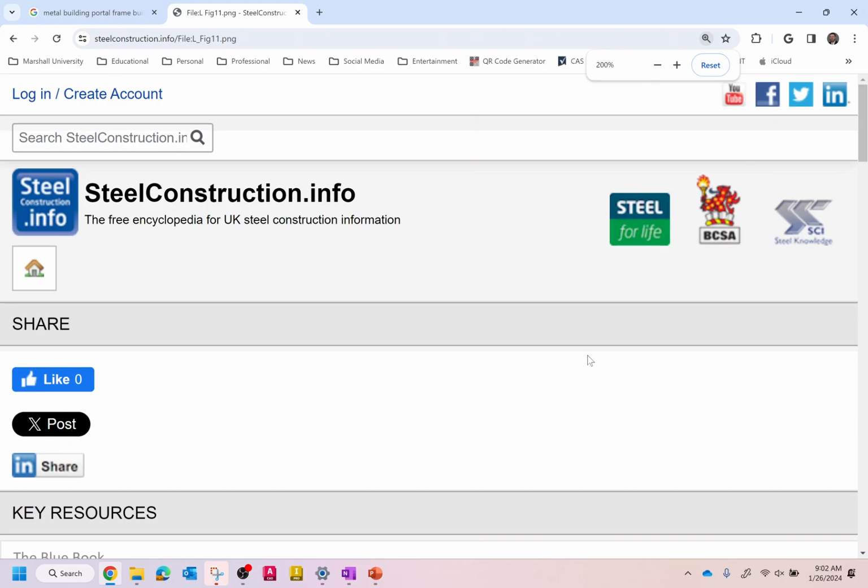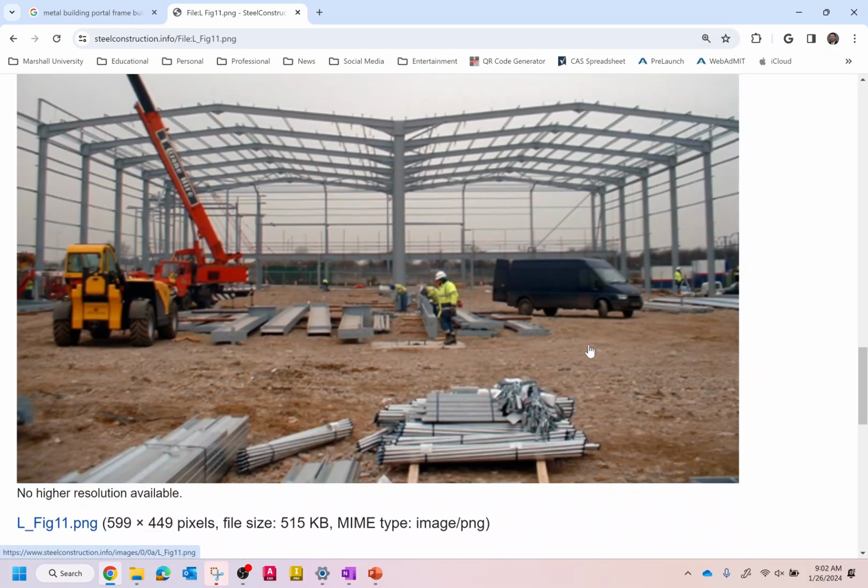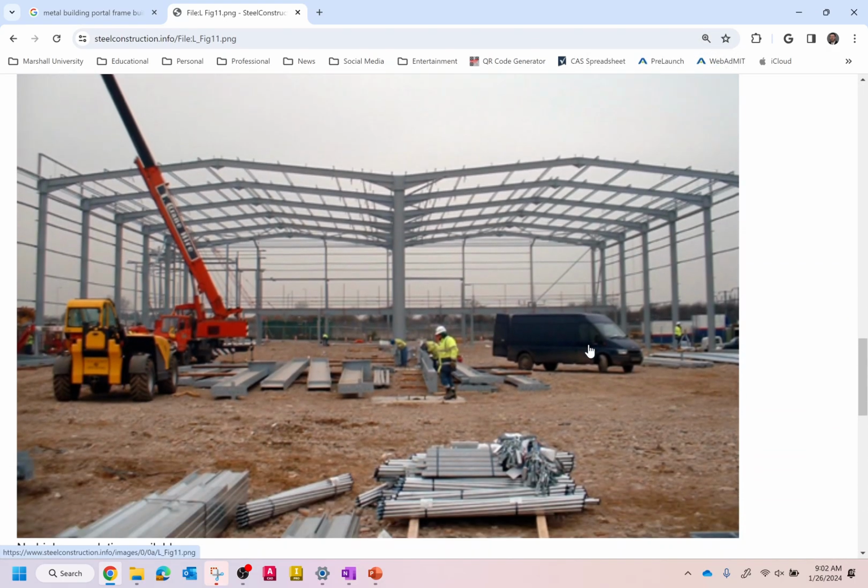I'm going to zoom in a little bit. Oh, goodness. Here we go. So I'm sure you all have probably seen buildings like this. This is something you might find like a warehouse, or maybe like a gymnasium. These are common portal frame structures. And so the tension members in a structure like this are these small elements. So this element right here would be a tension member, because it's sort of keeping the structure stable laterally,